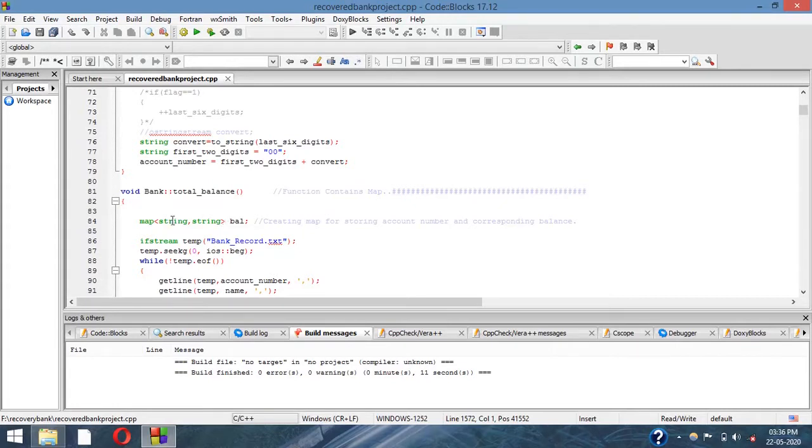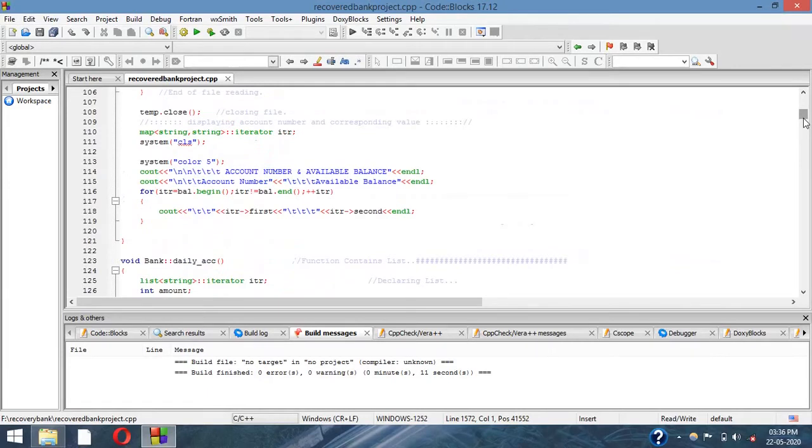So here the first string will be holding the account number, and the second string will be holding its corresponding balance. So overall we can say that we have used the map to store each account number and its corresponding balance.